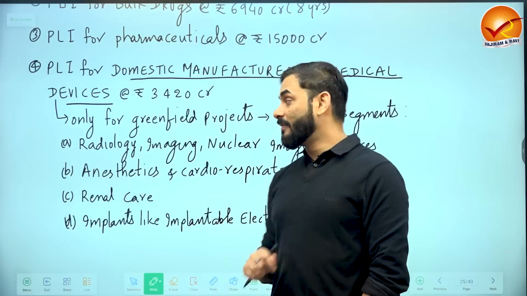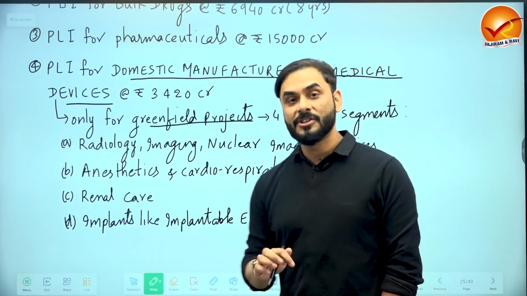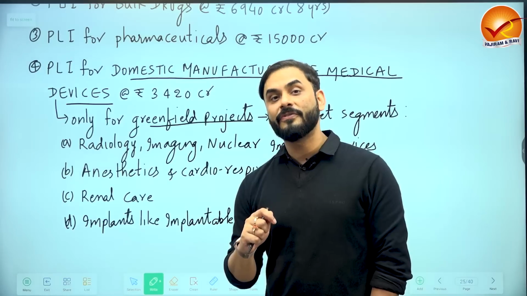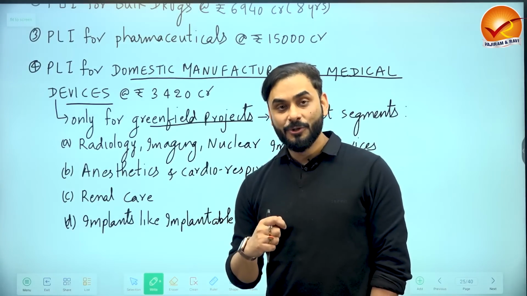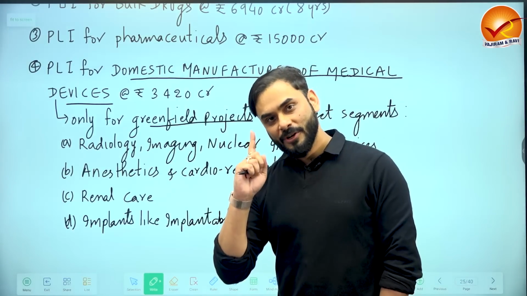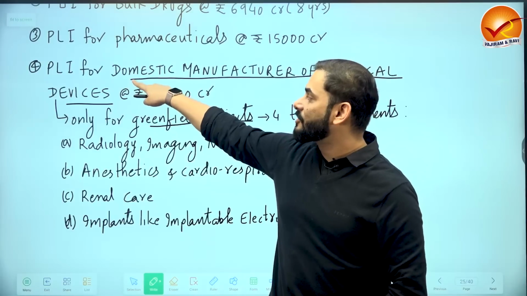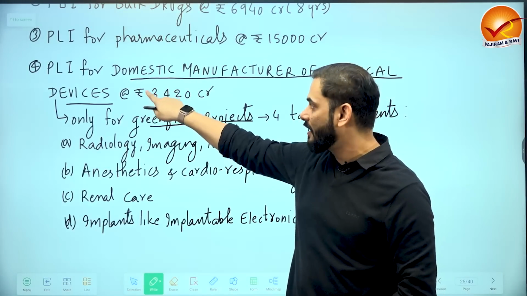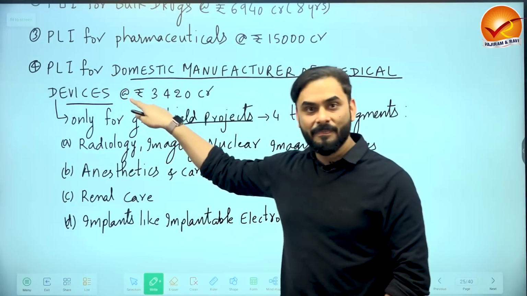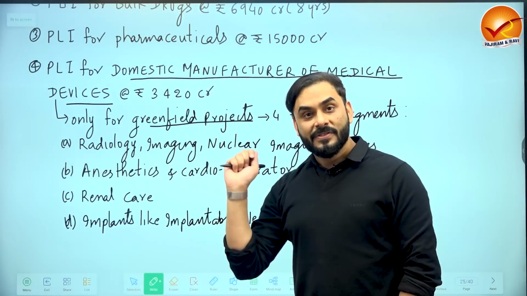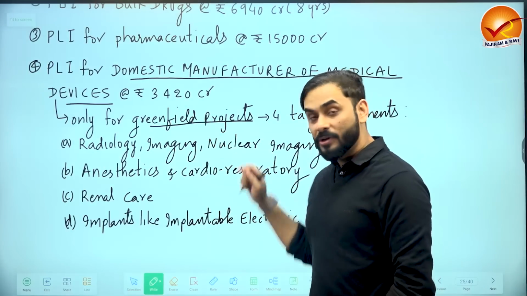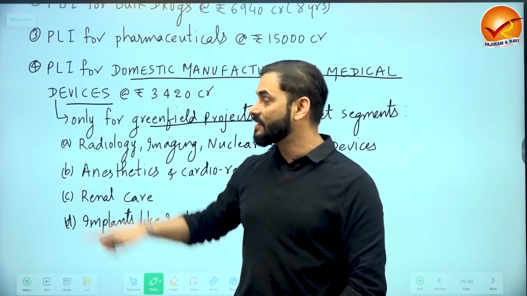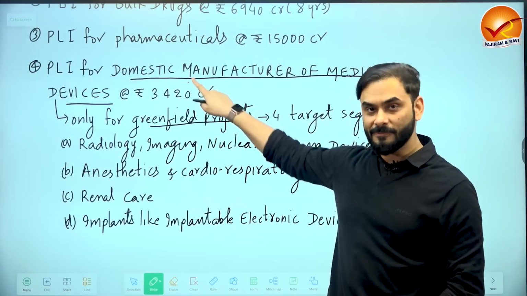devices. Which medical devices? Greenfield projects, which means if somebody wants to start the construction of new factories to produce these devices, you will get support from Government of India under this scheme called production linked incentive. So this is typically a production linked incentive scheme here. Number 4 is that scheme which is going to give incentives only to greenfield projects, which means projects which are new, which are started from scratch. This is the condition for this one, right?